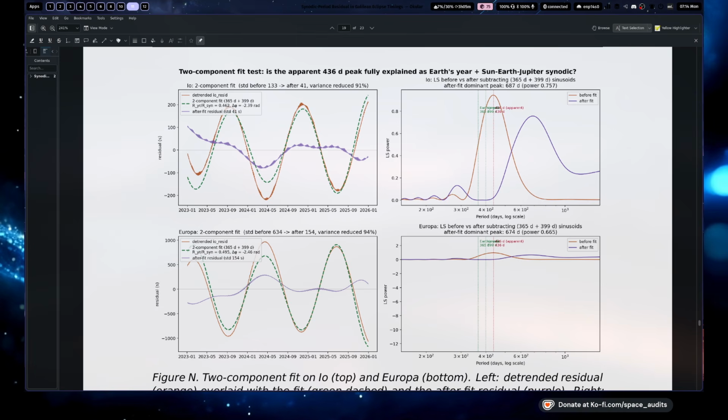There's a 91% correlation for Io and a 94% correlation for Europa. When you subtract the difference between these, what's left over is the purple plot, which, as of yet, we don't know what's contributing to. We don't pretend to know a cause. But what we do know, and what we're presenting preliminarily to all of you right now,